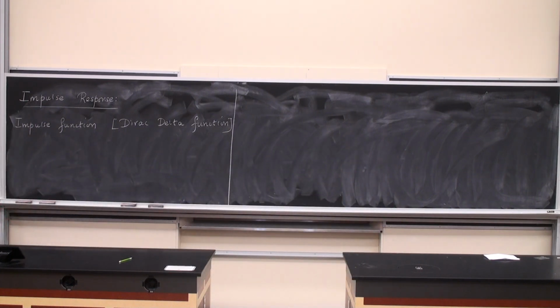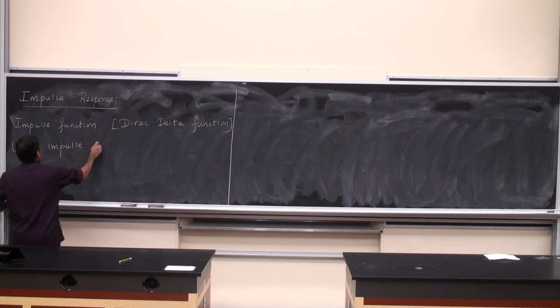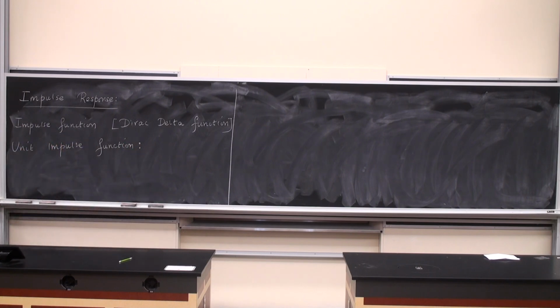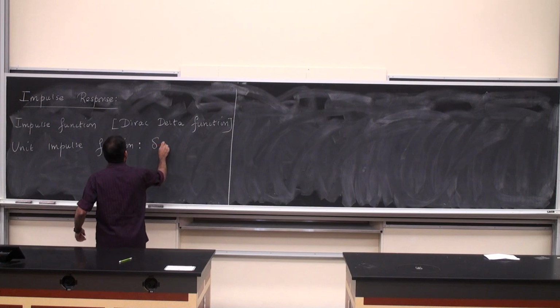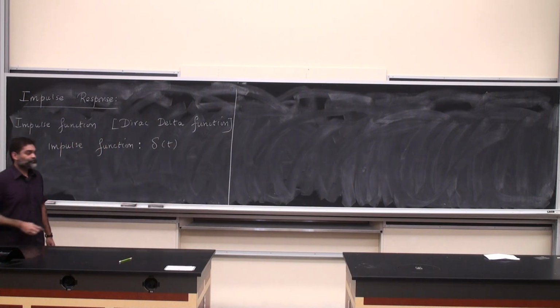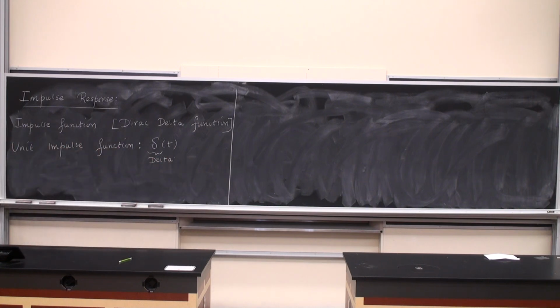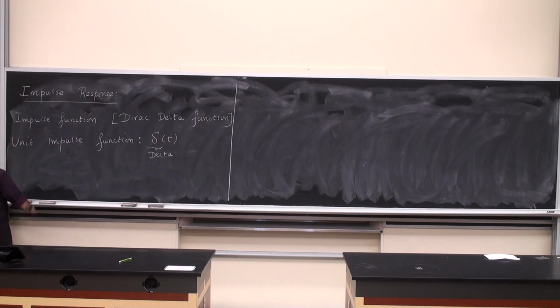It has some very different types of properties, okay, as you're going to see. So I'm going to define what is meant by a unit impulse function, and then we will come up with a way of actually deriving this graphically, not mathematically, graphically. So the unit impulse function is called delta of t, the Greek letter delta. And mathematically it is defined as follows. So delta of t,